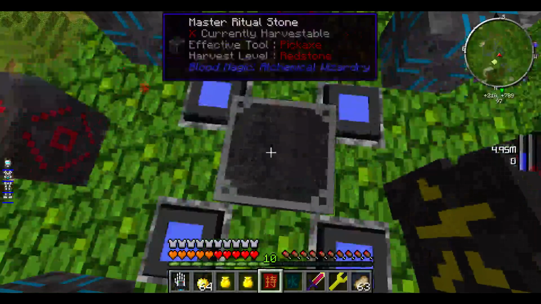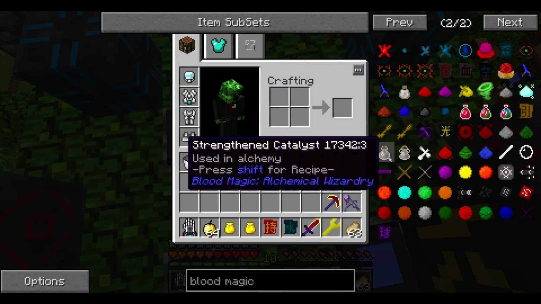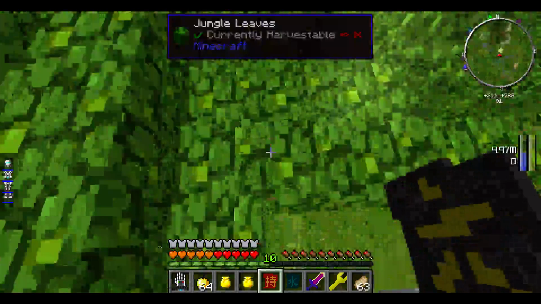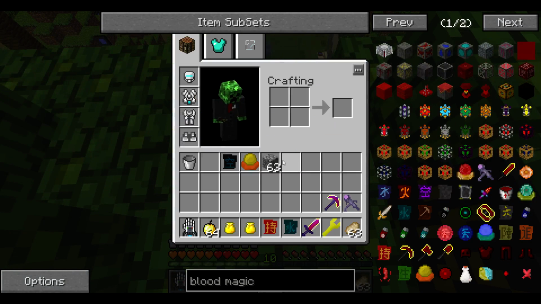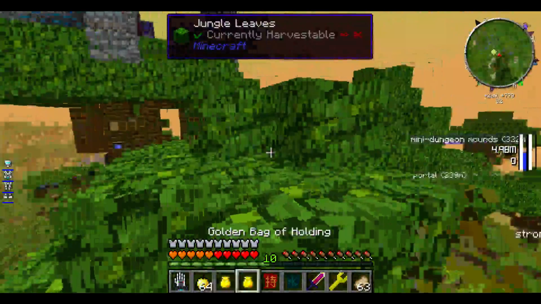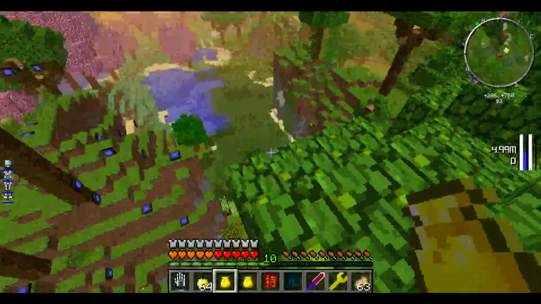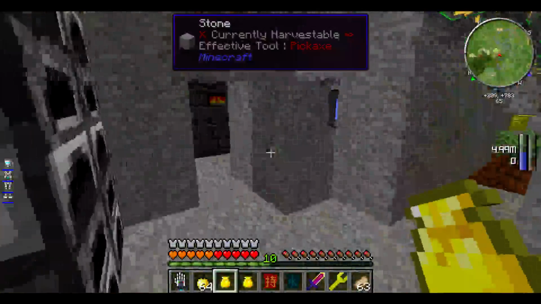So yeah, and then you just throw a diamond sword for this, apprentice blood orb for this, and a diamond pickaxe for that. Now this stuff wasn't cheap. To get this, you have to get all that. That's a gold block, that magician's blood orb with a lot of life points. So yeah, before the Well of Suffering, it was more just spamming with my Dagger of Sacrifice, which gets really boring really fast, because you just have to sit there for like years grinding that out. So yeah,